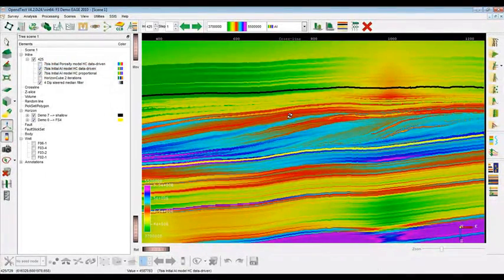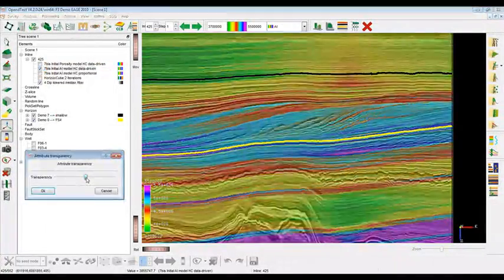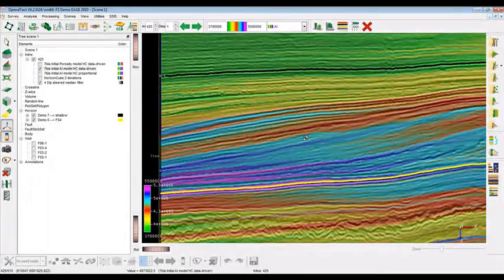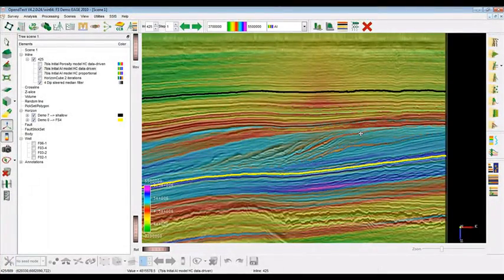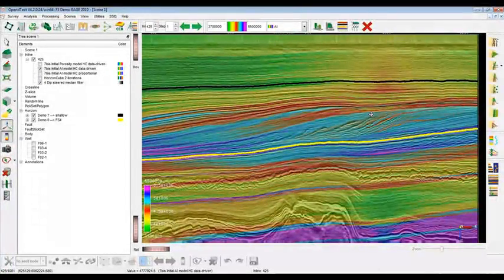And as you can see, once again, I can play with some transparency to have it partially transparent. You can see that all these impedance features really follow very accurately the seismic reflectivity. They are really in line with your seismic layers, and